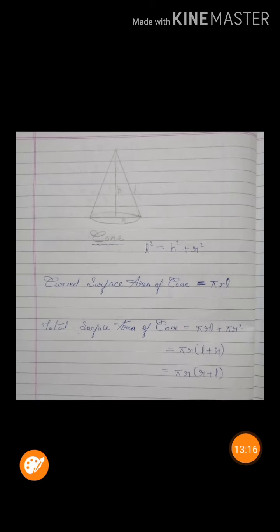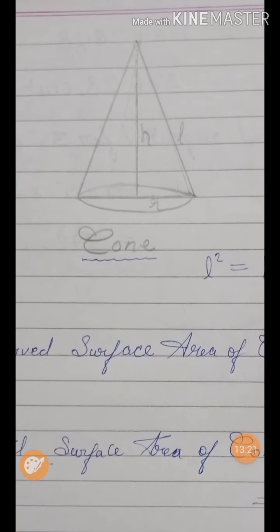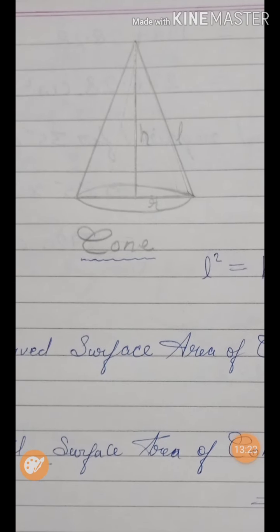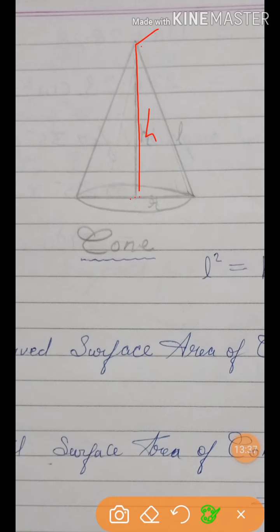So this is our cone. This is a cone, you can see, and this is the height of the cone. This is the center, and this is the height. This is the vertex of the cone. From vertex to the center, this is the h, means height, and this is, we know, the slant height, and from center to any point on the edge is the radius of the cone. These all are the radius, r, small r.